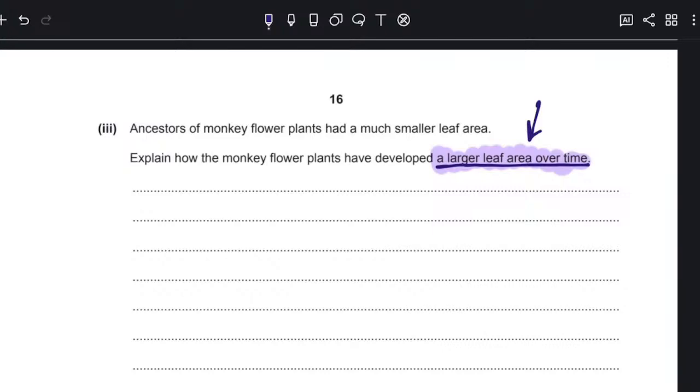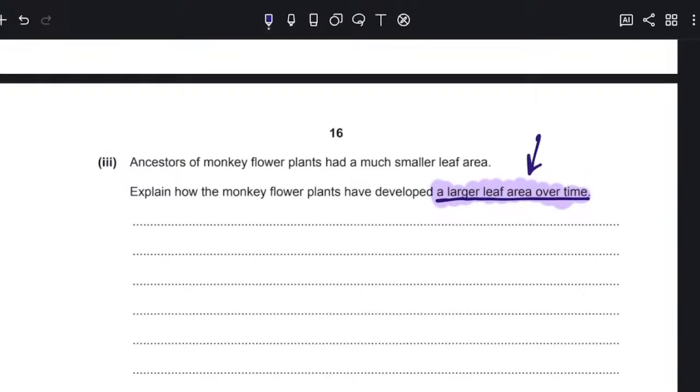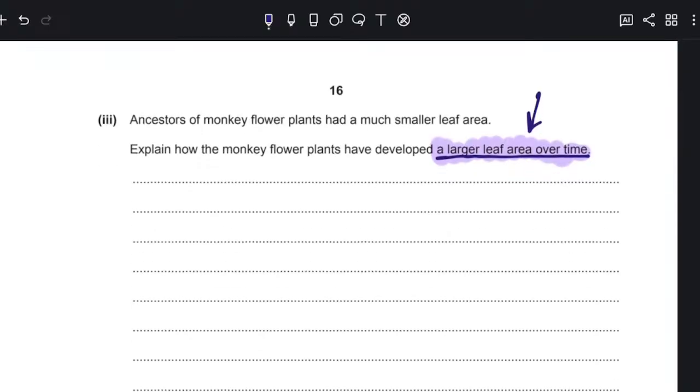So, explain how the monkey flower plants. This is where it's all up. That is what they are checking, because that's what's happening. This is what we call evolution, which is over time, something gets better. So please explain how these monkey flower plants have developed a larger surface area. Ancestors had a much smaller surface area. So you are going to say